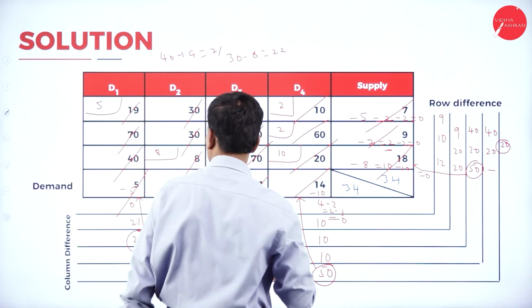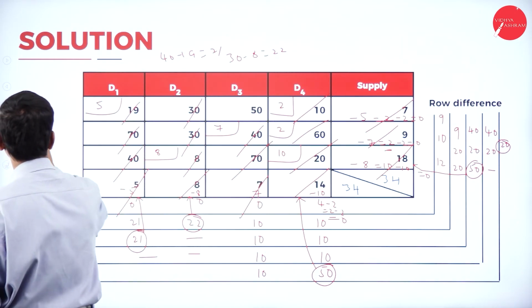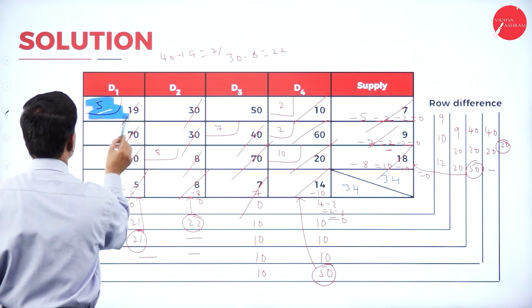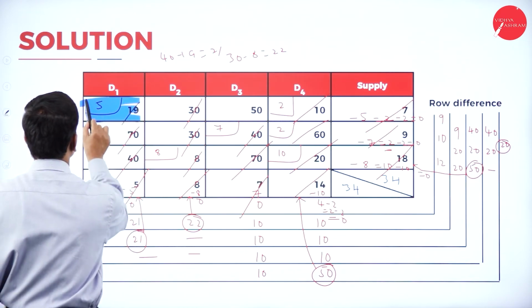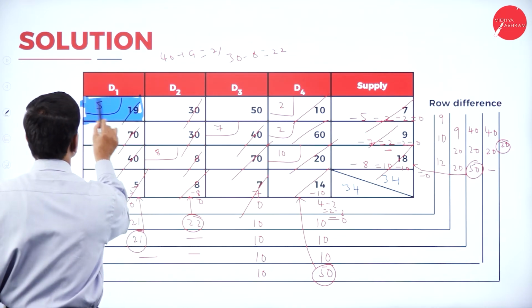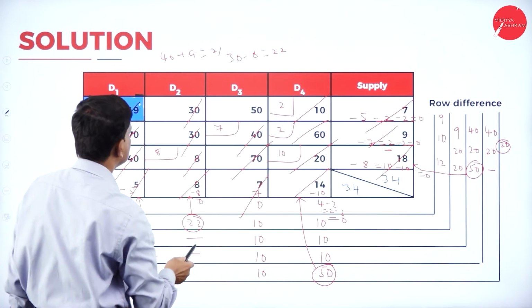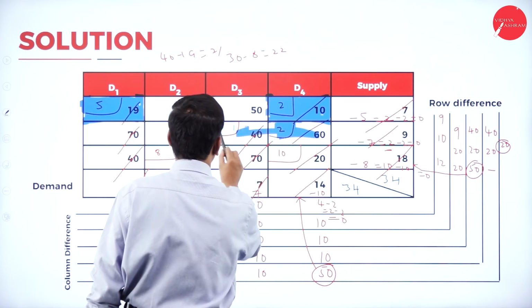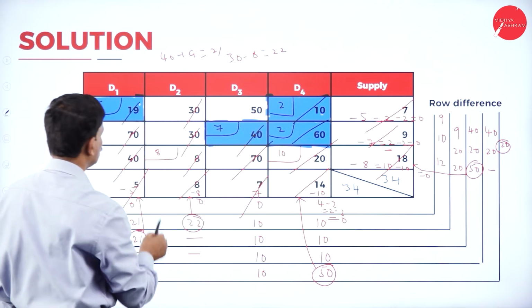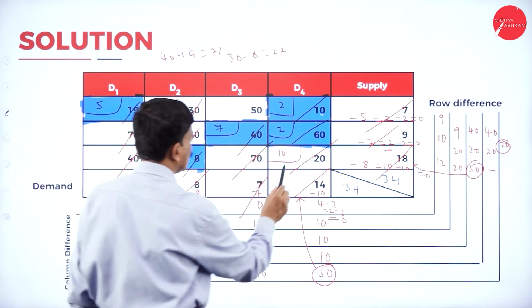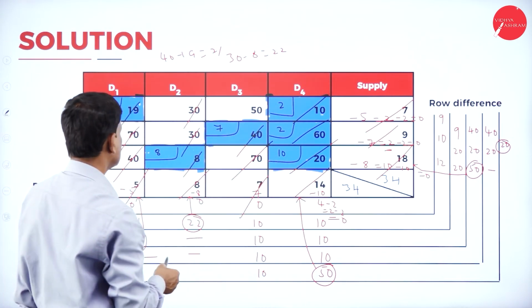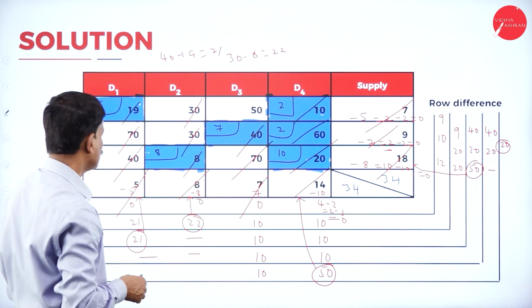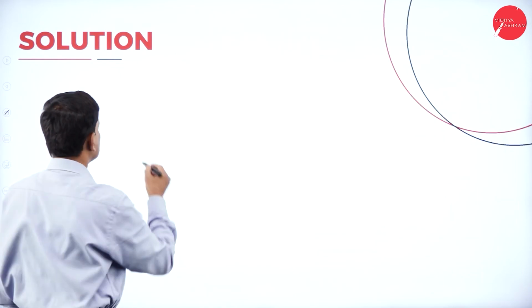Now identify the cost of the transportation. Now let me mark the region. Here we are going to get one value, 5 into 19. This is one value, plus next it is 2 into 10, then 2 into 60 and 7 into 40, then 8 into 8, then 10 into 20. Anything else? That's all. 1, 2, 3, 4, 5, 6 values we are going to get. Now therefore the total cost of the transportation